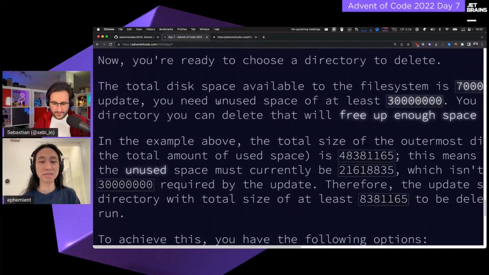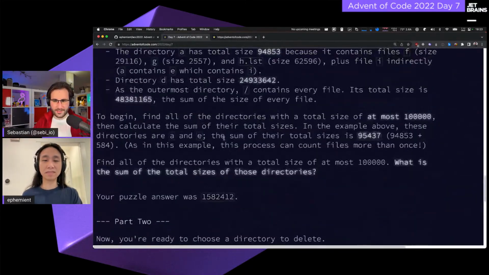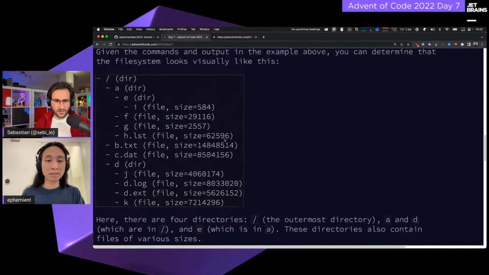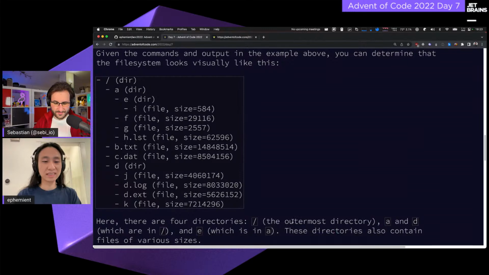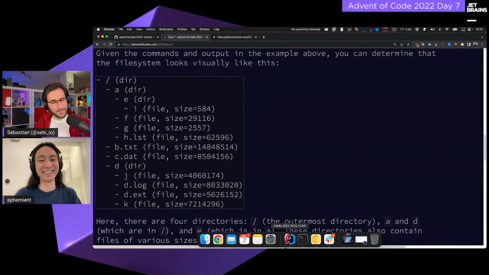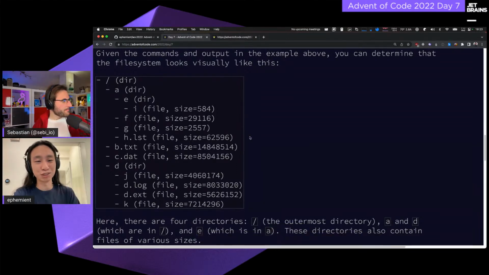So it sounds to me that we need to somehow reconstruct this tree structure. Am I hearing that right? Yes. Well, as you'll see in my solution, I actually cheated a little bit, and I don't actually create a tree. But there's a couple of different ways to approach this, and one of them is to actually rebuild the tree like you see here. And one of them is not.